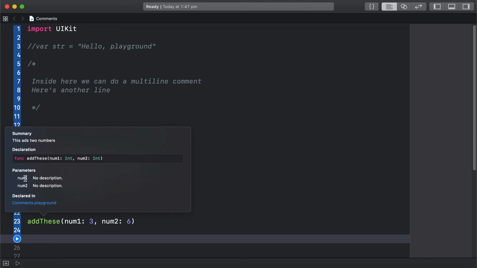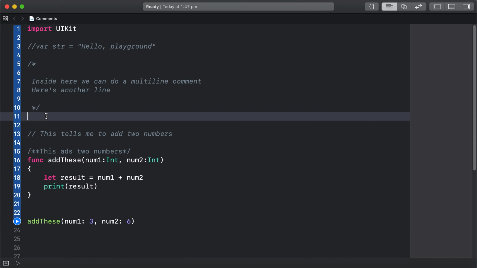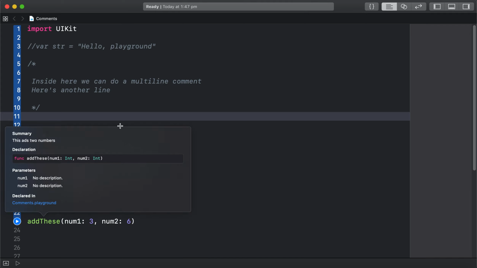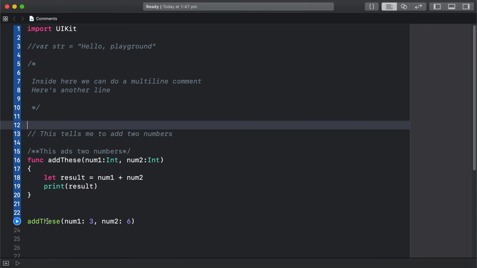And it's got the parameters of the function. There's no description, but you can put descriptions to those parameters in there. All right, so that's a little bit extra. That's kind of cool. So you can go through your code and give it custom summaries so you know what it's doing. You shouldn't have to do that if you've named it well, but it also is good for a